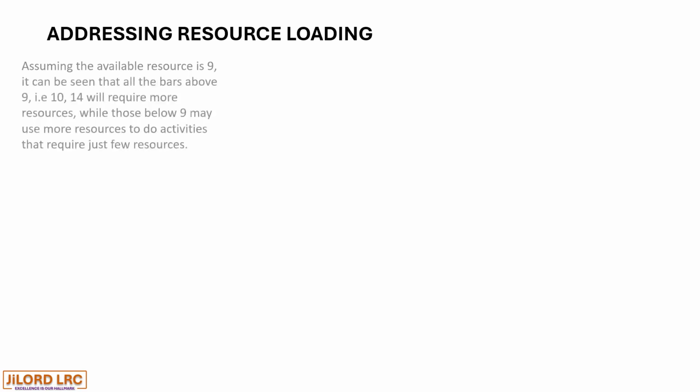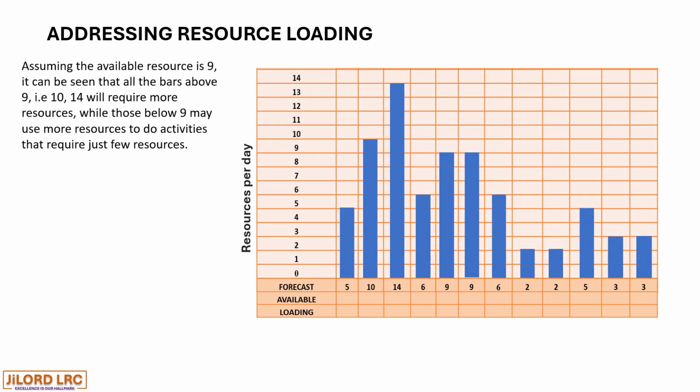Now, let us learn how to address the resource loading. Assuming that the available resource is 9, which is the red line drawn at the point 9, cutting through the bar charts, it can be seen that all the bars above 9, that is for day 3 and 2, which is 14 and 10, will require more resources,